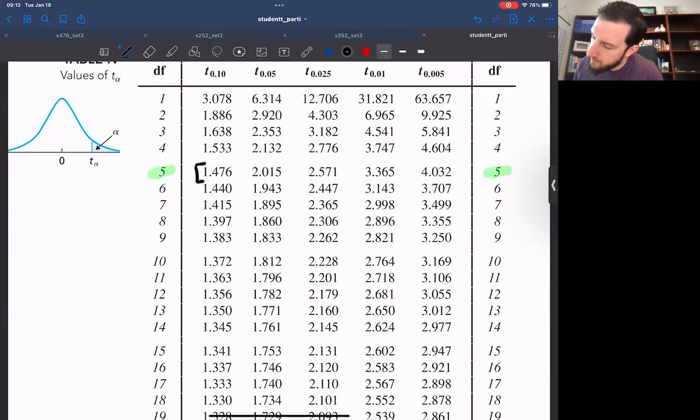You can see here that 1.651 is between 1.476 and 2.015. Okay, so our test statistic is between 1.476 and 2.015. So that means that the area of interest to us is going to be between 0.1 and 0.05. So we can write